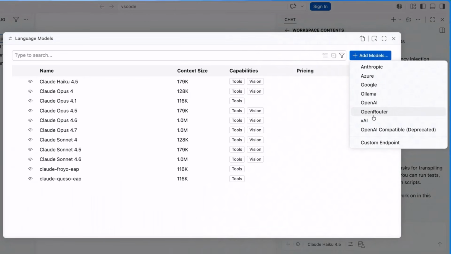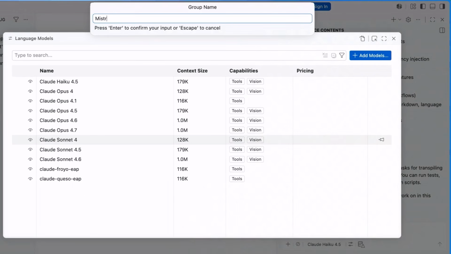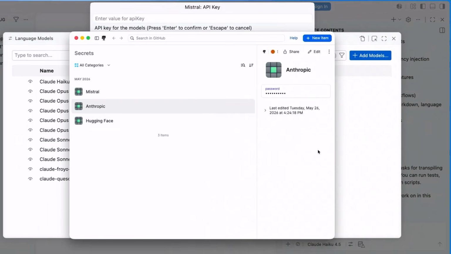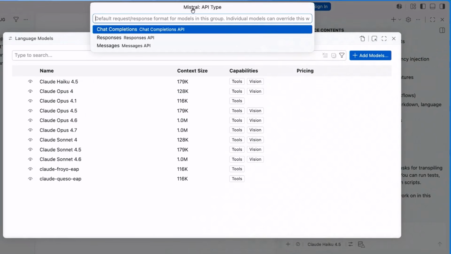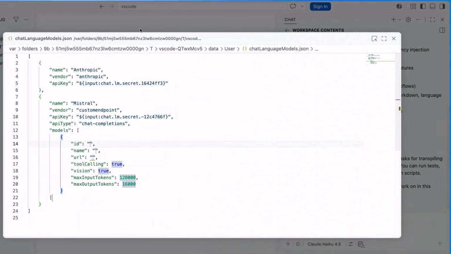One specific one I would like to point out here is custom endpoint. These are natively supported where if you put in an API key, you'd most probably get all of the models you have in your account. But if you have something custom like Mistral, for example, let me go ahead and add my API key for that. And you can then select what kind of API the provider supports. Mistral, in this case, supports the chat completions API. Anthropic would support messages, and some support responses. Going to the